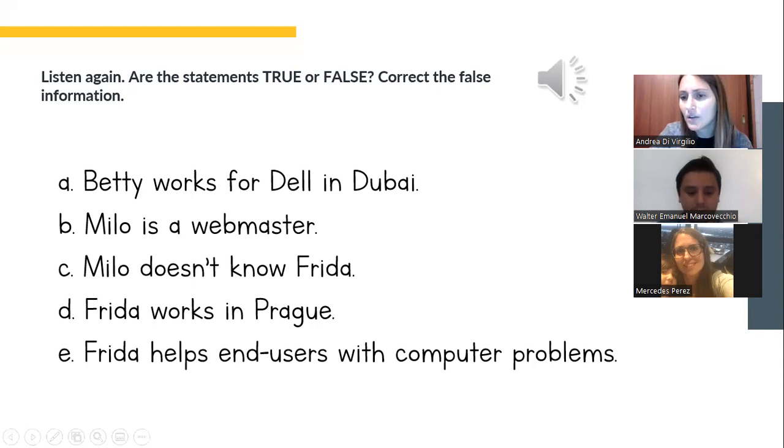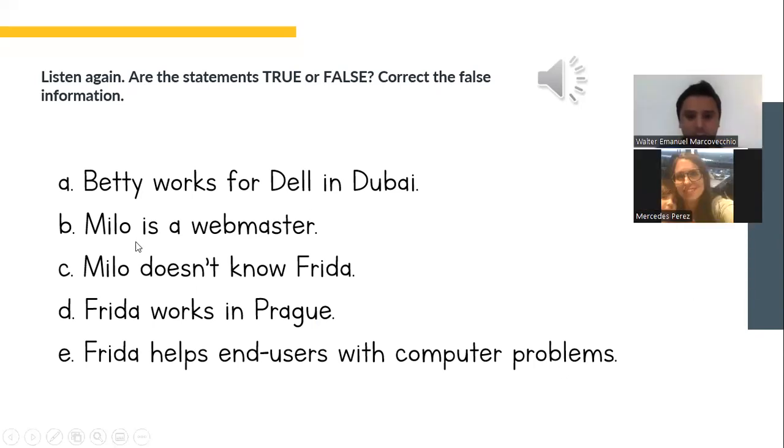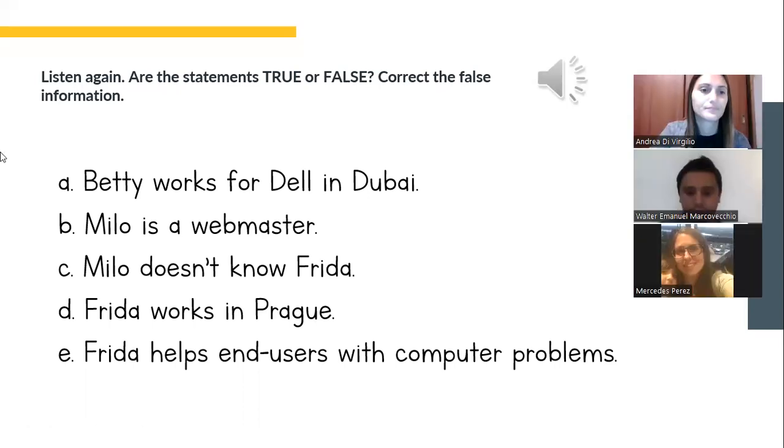Antonella, can you read the sentences? Yes. A. Betty works for Dell in Dubai. B. Milo is a webmaster.